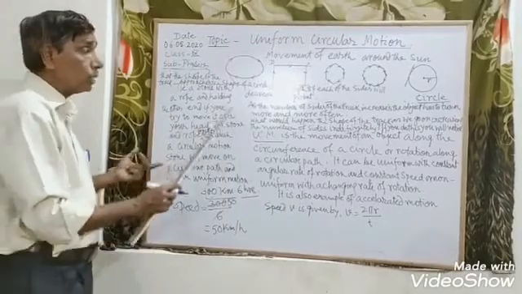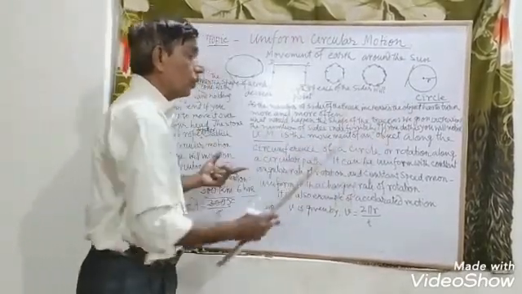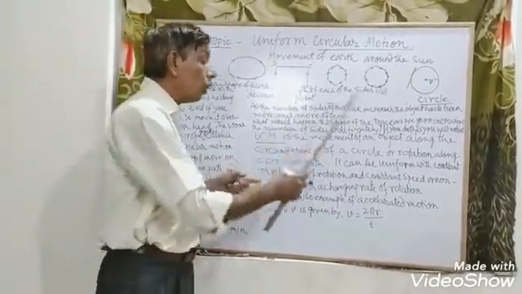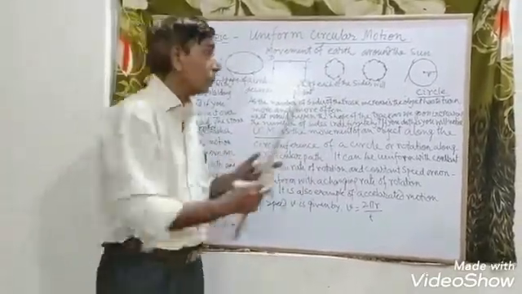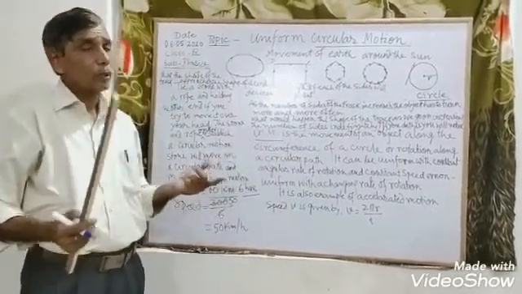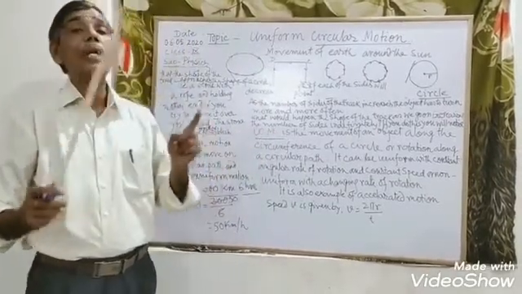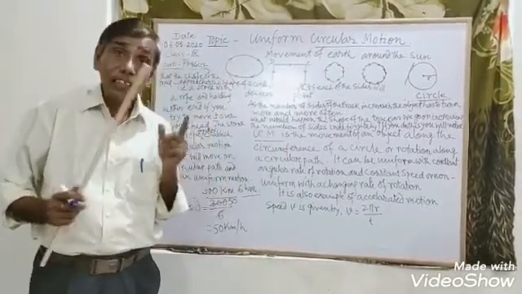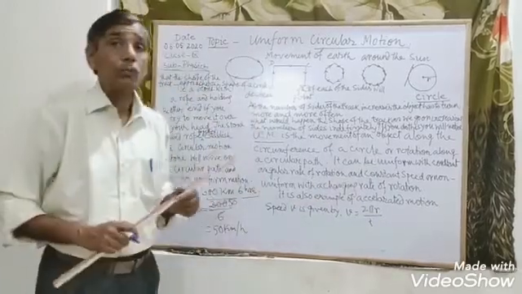But here the question arises, it is in a circular path. So it may be constant speed, or non-uniform with a changing rate of rotation. It may be uniform, it may be non-uniform. Uniform, that is, you have already studied: equal distance in equal time. But if in equal time it covers different distances, it is called non-uniform motion.